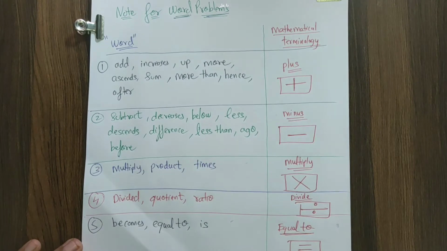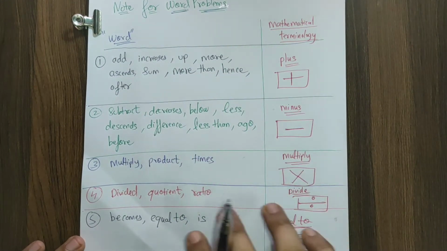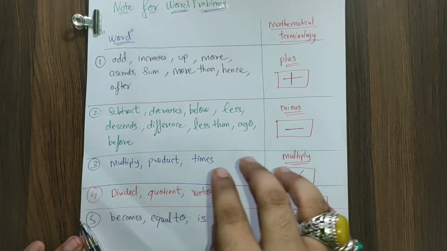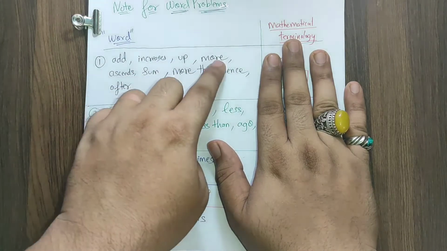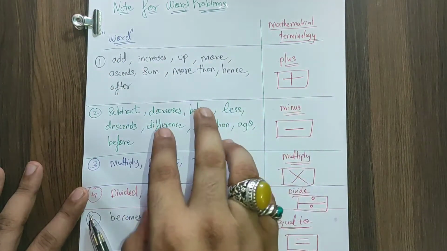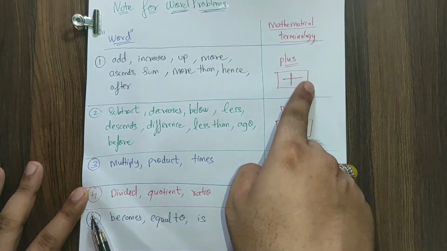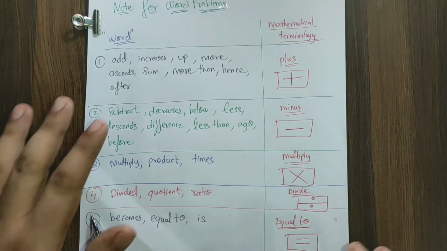Okay, so please pause the video, everyone. Please draw this table. Memorize these words. Memorize in the sense what? You just have to know this, that add comes, increase comes, up comes, more comes, like that. Okay, I'm not telling you to memorize these words. You should memorize the fact that when add comes, you have to write plus. More than comes, then you have to write plus, like that. Okay, just don't mug up and write.